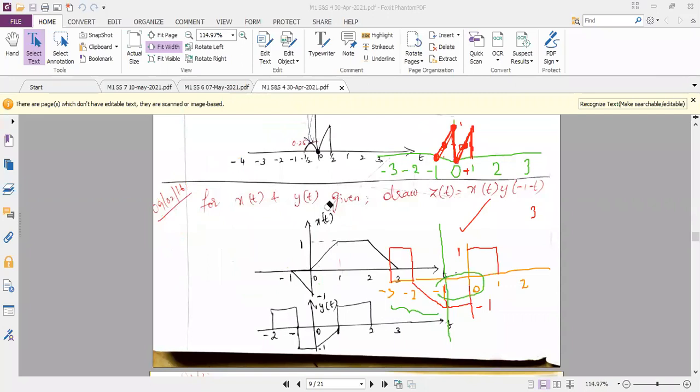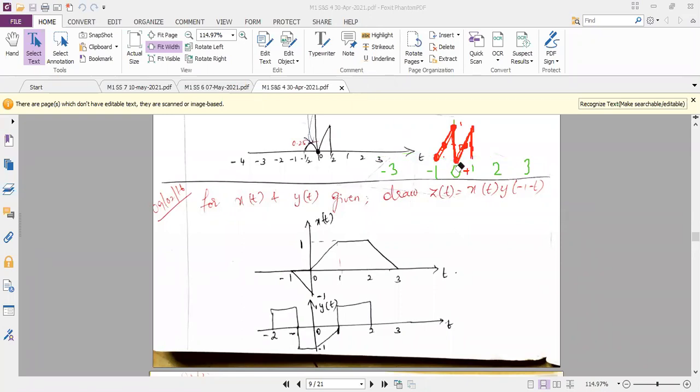I hope you understood. So in all the diagrams also you can use this interval concept. Between two intervals you can take and you can analyze the amplitude. So if it is an addition operation, you can add it. If it is a multiplication operation, you can multiply it. I hope I made you understand any type of signal. If it comes in the exam, you will be able to do it without any confusion.